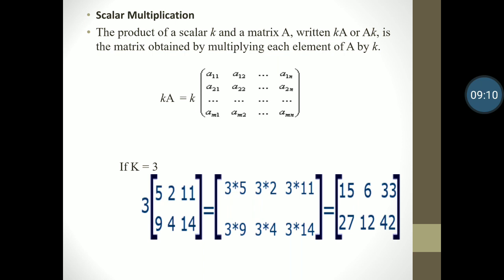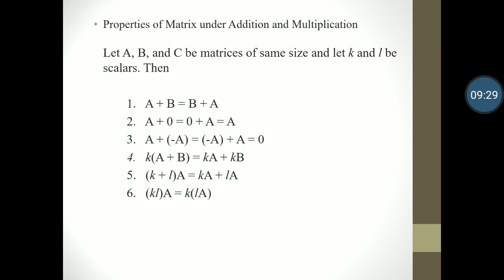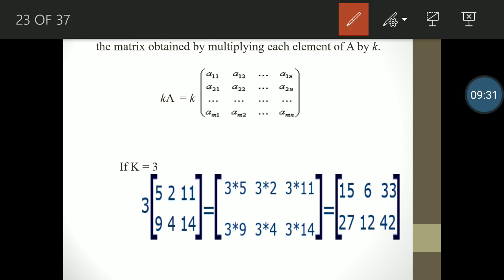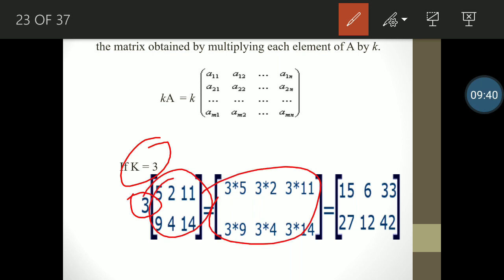In the same way, we can calculate and make our addition matrix. Next is scalar multiplication. As with vector multiplication, in scalar multiplication our scalar, meaning a real number, will be multiplied with each member of our matrix. If we have k equal to 3, here our k, the scalar, is equal to 3, so this 3 will be multiplied with all these numbers, and our scalar multiplied matrix will be like this.